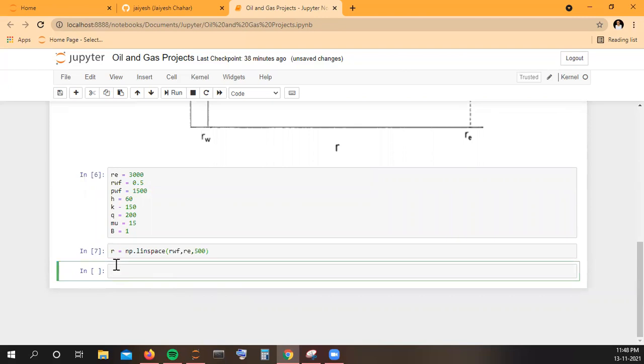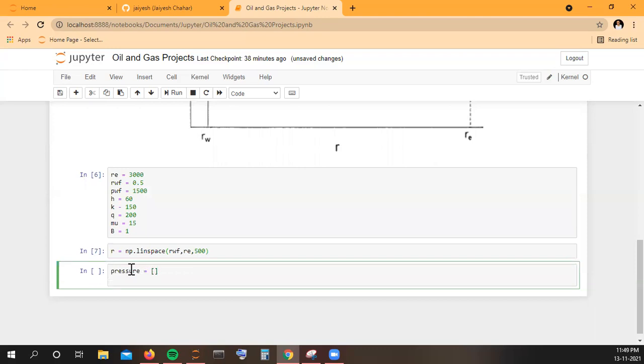Now my next step will be calculation of pressure at all these R points that I have created. For doing that, let us make an empty list, and we are going to fill up this list by using a for loop and using the Darcy law equation.